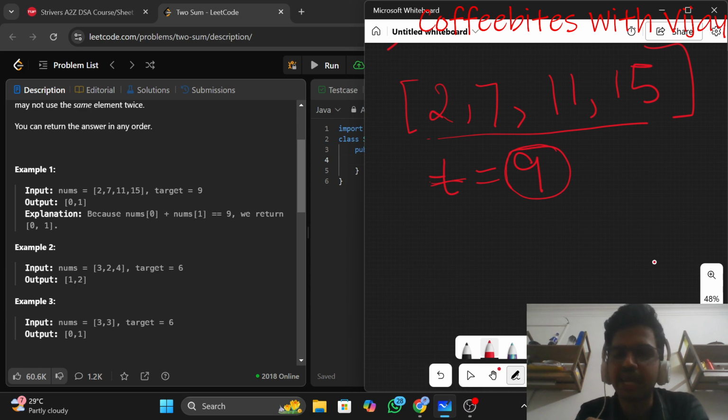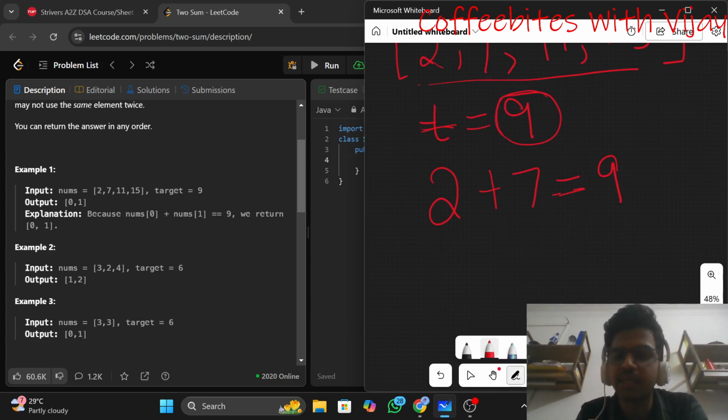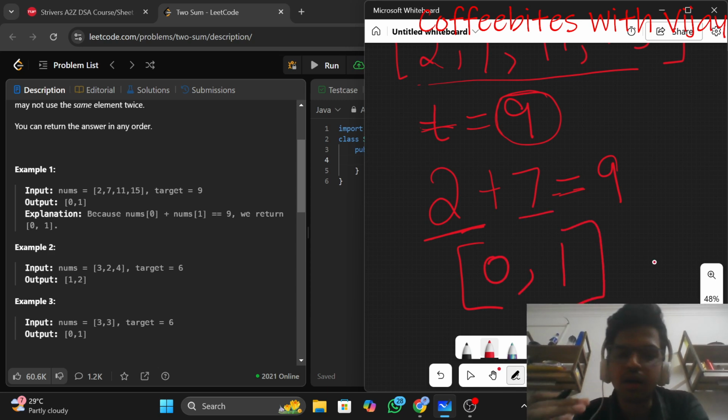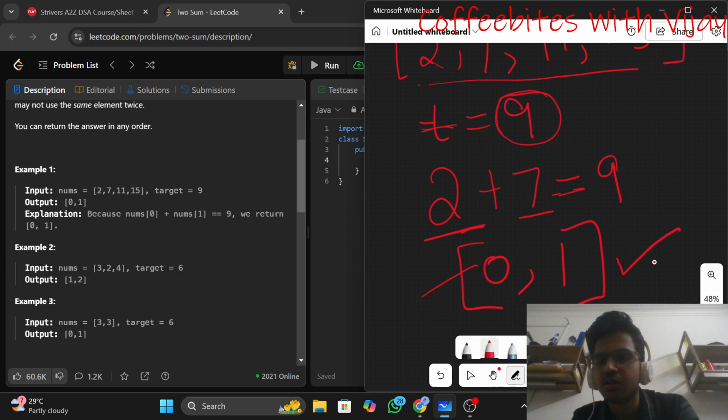In this array, 2 plus 7 will give me the value 9. So my task is to give the index of this 2, that is 0, and the index of this 7, that is 1. So I have to give the output as 0 and 1. This should be in the form of an array, so this should be the output of your problem.